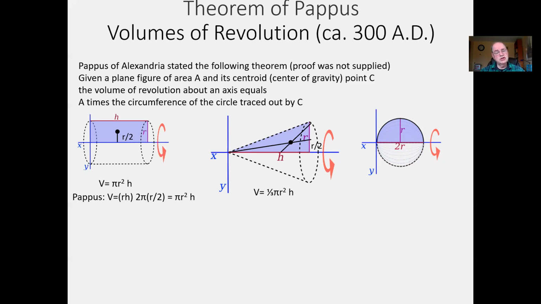Those are called the medians of the triangle. They intersect at one point, the centroid, the center of gravity. So there it is, the center of gravity, C. But we need to know what the circumference of the circle is as we spin that point